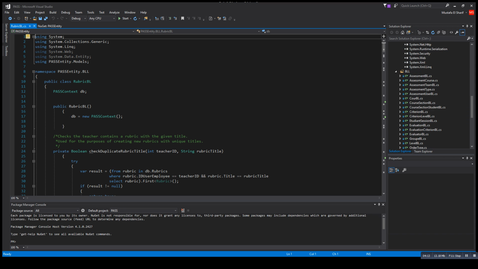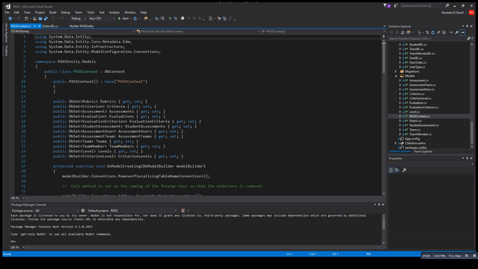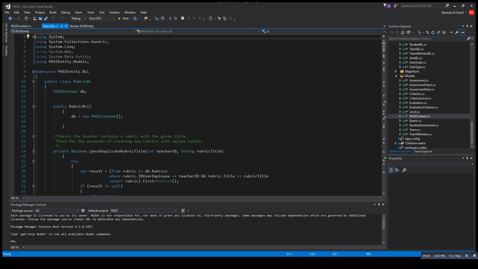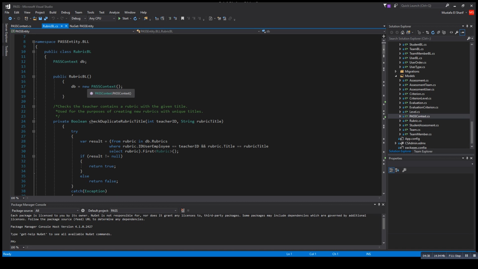So for code first, we laid out all our classes, these are supposed to represent tables, such as assessment, assessment team, assessment user, and then PASS context is used to aggregate all the tables, and it'll allow us to connect to Entity Framework. So as you see here in the rubric business layer class, we initialize a PASS context object, and then